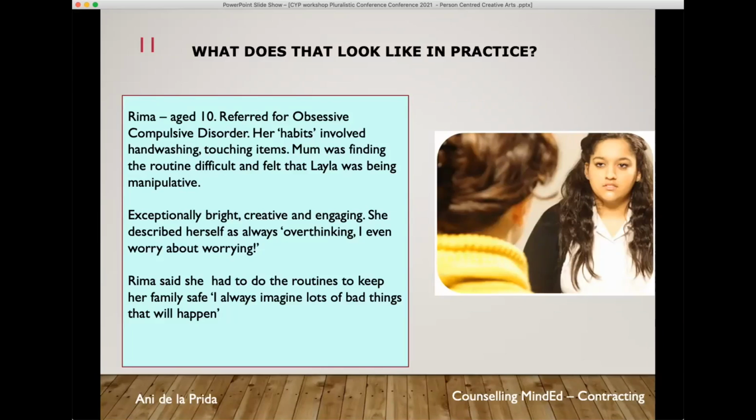She was exceptionally bright and creative, very likeable, very clever, very dramatic, very adult in her presentation. And she said, I'm always overthinking. I even worry about worrying. I really did like her. And she said, I have got to do the routines because I always imagine that lots of bad things will happen. She told me when I'm sometimes in the car and I look and I see the sun, and then I imagine the sun exploding and we're all going to melt. So she had this amazing imagination that would sort of take her into all these places,